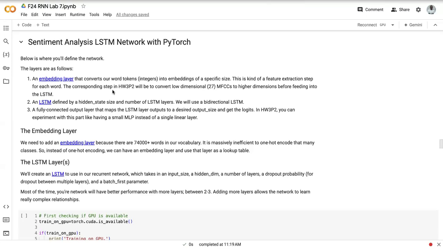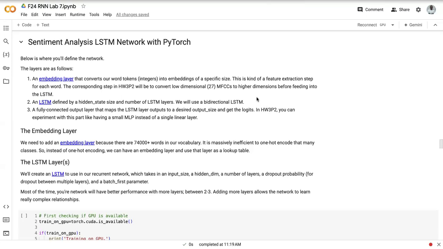And this is something that you're going to do in part 2 of your homework, because you will be converting a lower dimensionality of 37 MFCCs to a higher dimension before putting it into your network,